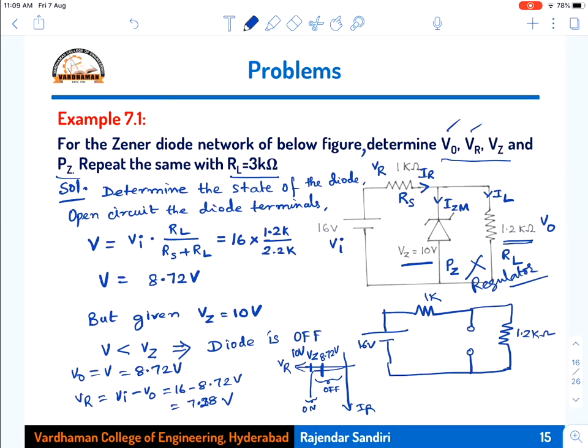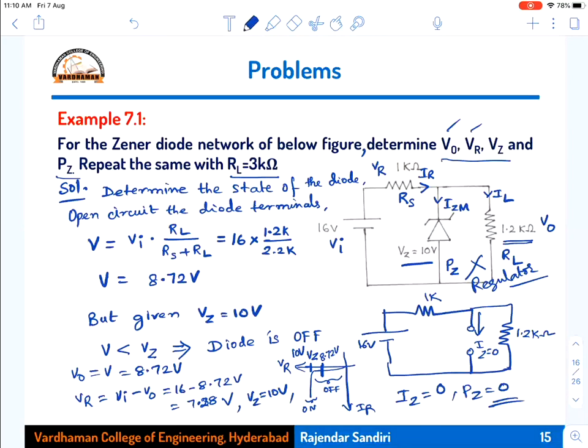But actually the Zener diode voltage is only 8.72 volts across that. So VZ, though it is given as 10 volts, we can just write 10 volts. But that is not actually the voltage we got here. But the Zener voltage is given as 10 volts. That is given value only, directly we can keep. Then PZ. What is IZ then? If the diode is off, IZ is 0. What will be the current flowing in the open-circuited one? IZ is equal to 0. Then what is PZ? PZ is equal to VZ into IZ, so PZ is equal to 0.